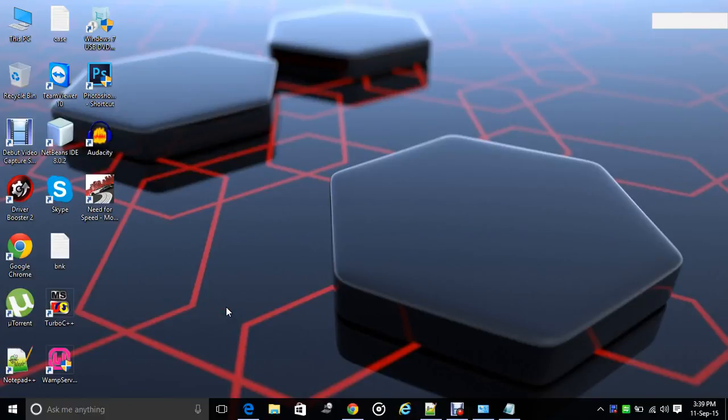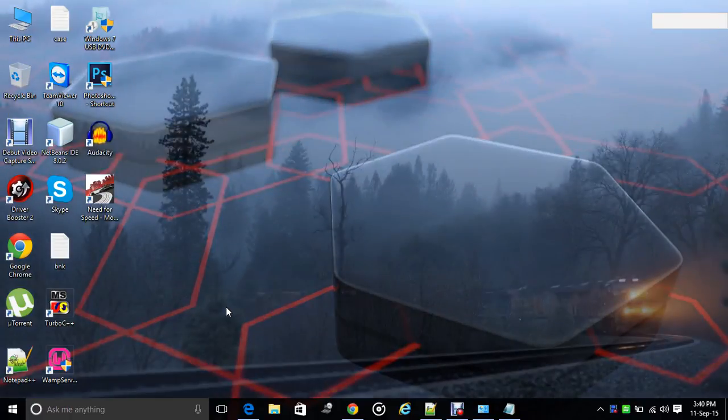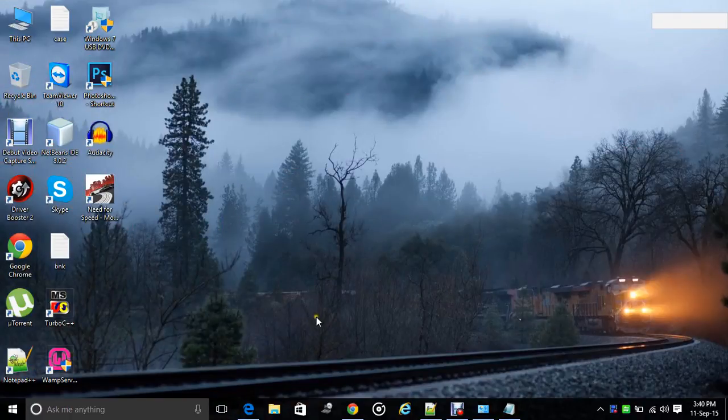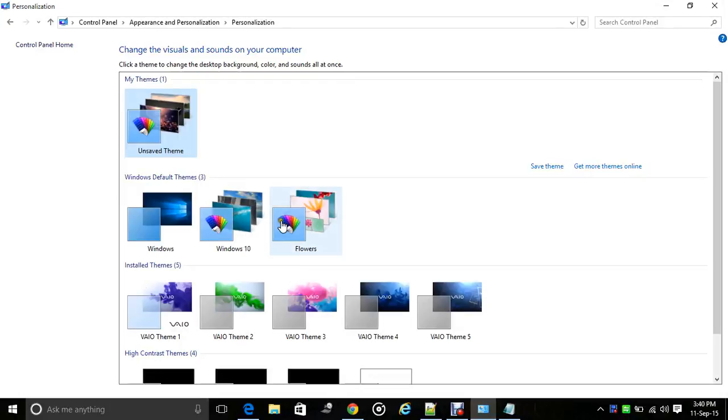Hello everybody, today I'm here to discuss some Windows 10 issues that some of our users might be facing. The issue I'm going to discuss today is about the power option and the Windows sliding change background, which we won't be given in the control panel. If you look here, you will not be able to get the customization page from where you can select the time delay of 10 seconds or 30 seconds.